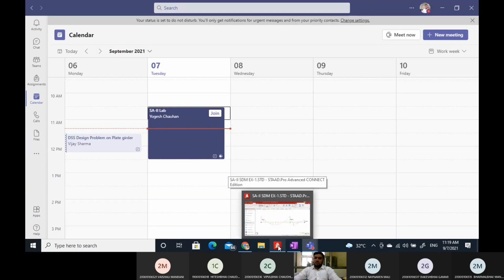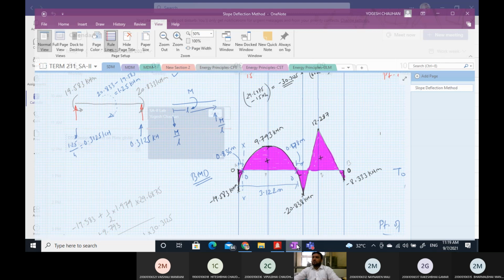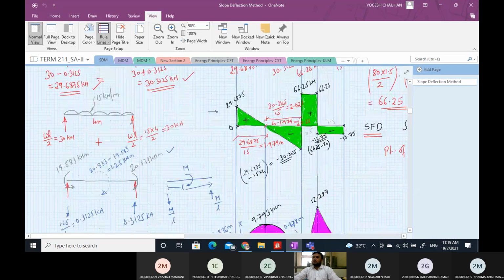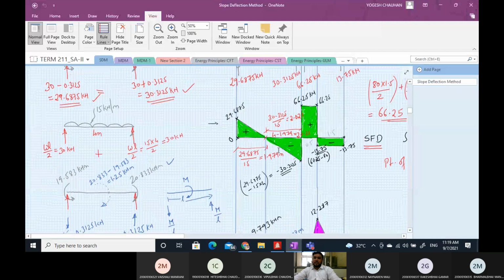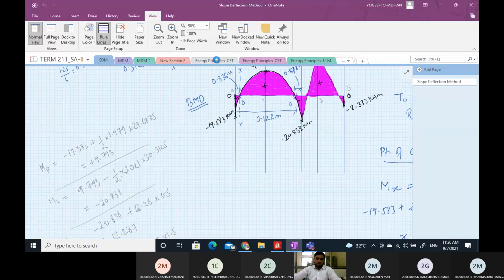And in the next lab we'll take one more example in which we see how to find the deflection and slope. For slopes and deflection, the EI value, the cross section property, matters. So we have to provide this EI value exactly the same as in the given problem. Say, for example, a CFT example we are taking.